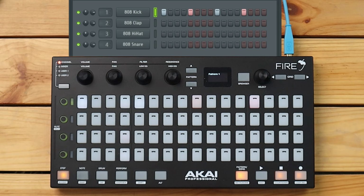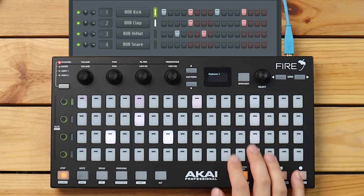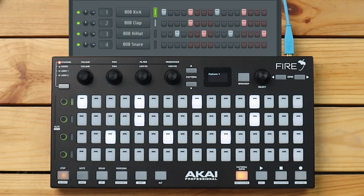So cool, I've got a kick there, and now let's add like a clap. Super easy. Nice. Now let's add some hi-hats. Cool. So now I've got 1 bar of music,